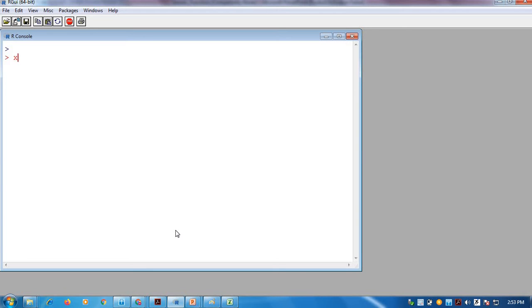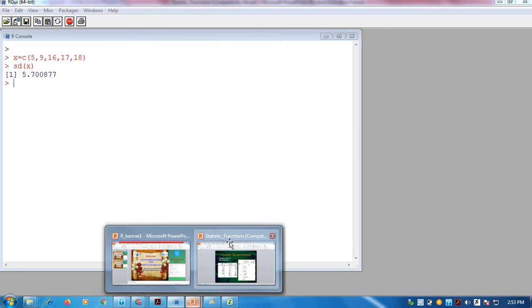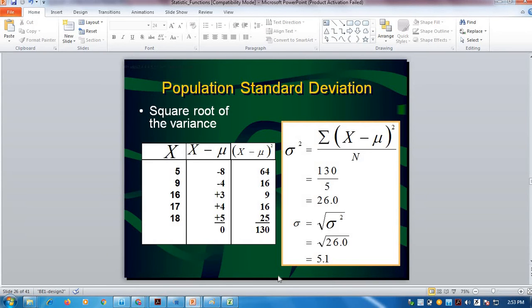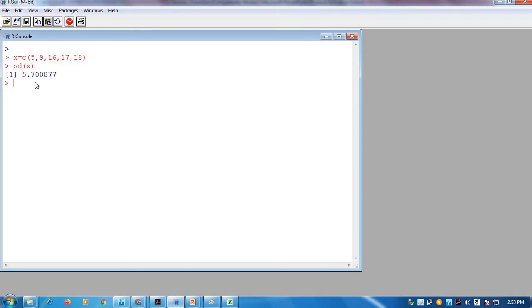So I am creating one vector c = c(5, 9, 16, 17, 18). And if we apply the SD function to this, we are expecting the value shown in the PPT, which is 5.1, but we are finding a difference: it shows 5.7.